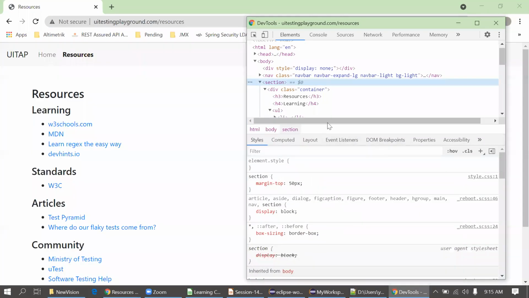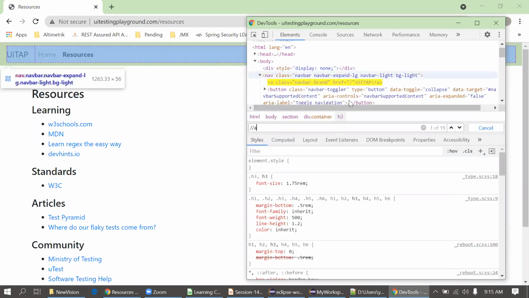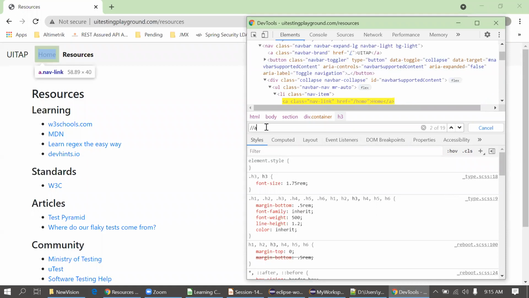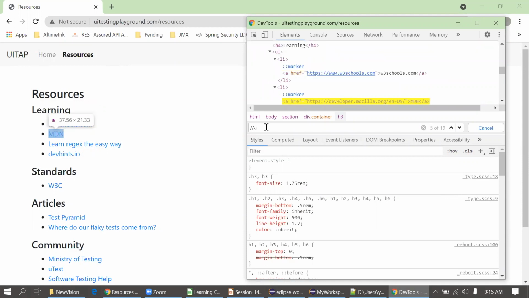Okay. I will type XPath here. Now you can see it is pointing to the UI tab as well. I don't require this, so again I will go for next. It is pointing to home as well. I don't require this again. Resources I don't need. I need this one. Then again, this is correct. I'm going with the correct.